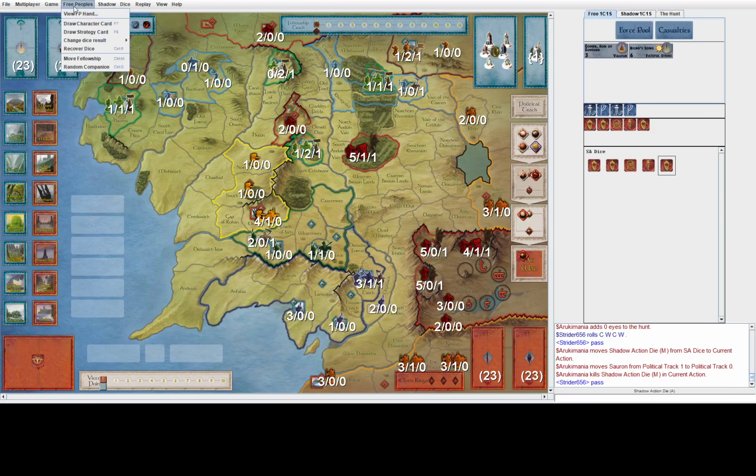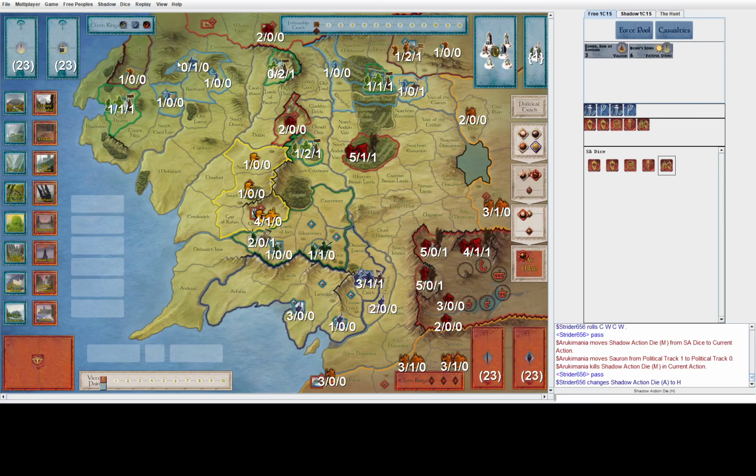Here. Let me just remember how to do this. I think it's under... oh, it's here. Change your die. It's under your shadow menu. I'm going to change one of your armies to a hybrid. Okay, there you go. Cool. All right. Nice. So now that I've got Sauron to war, if I was a crazy person and wanted to